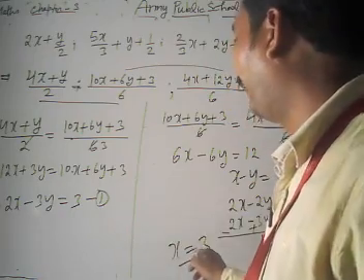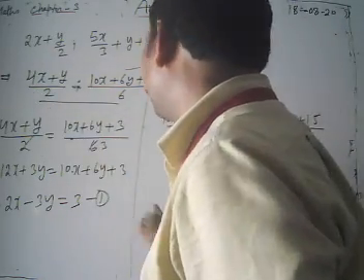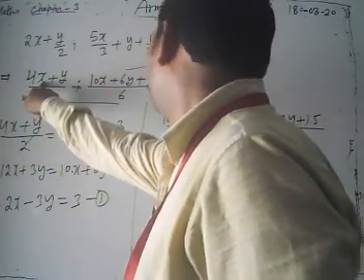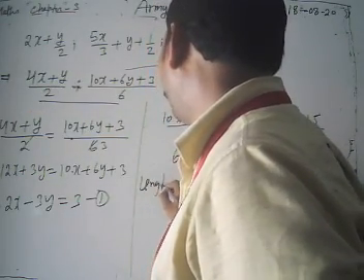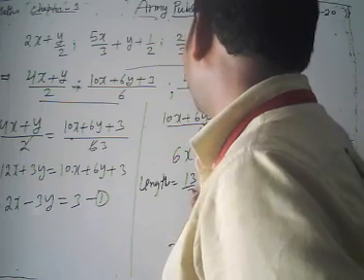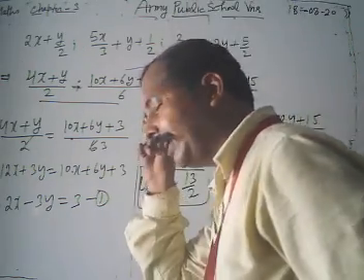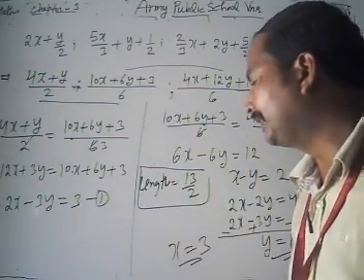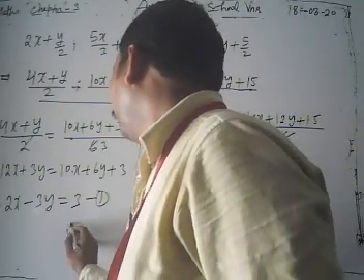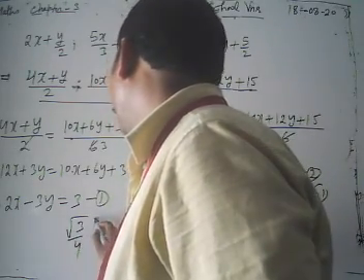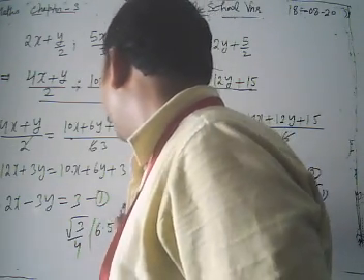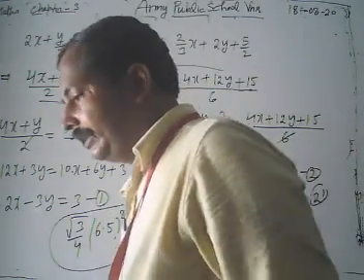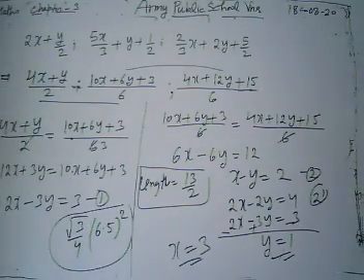Now we are going to find the length of the side of our triangle. Putting x equal to 3, 4 into 3 is 12 plus 1, 13 by 2. Then the length of the triangle's side is 13 by 2. Then what is the area of an equilateral triangle? Under root 3 by 4 into side square. Now you are going to solve it. Please solve it at home. This is our required answer.